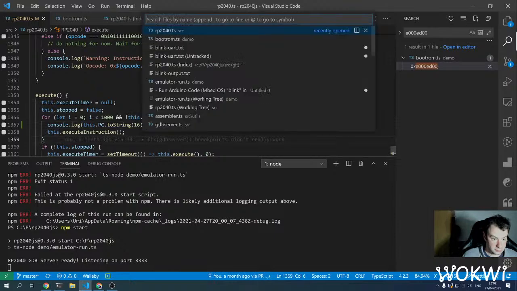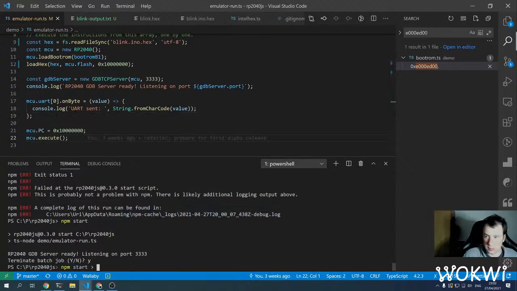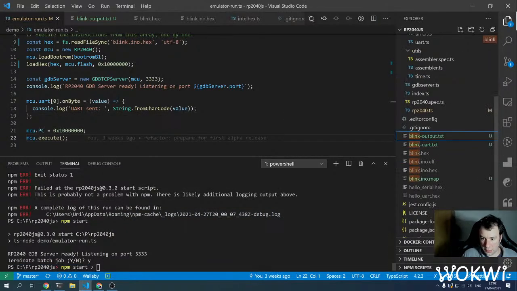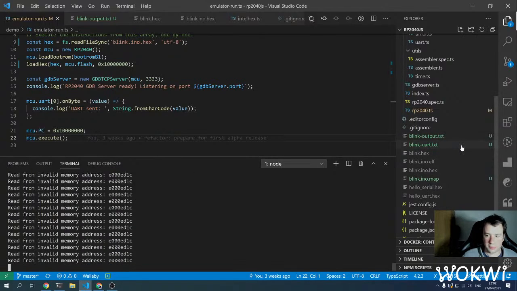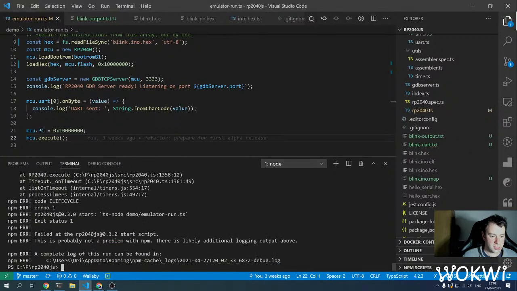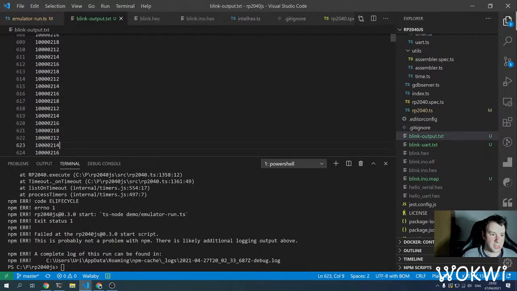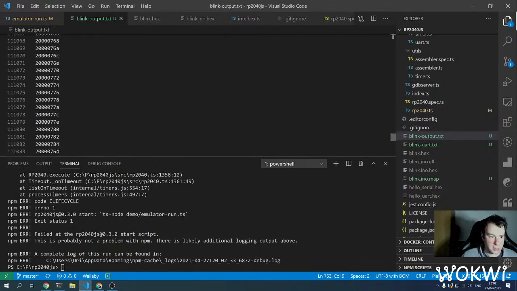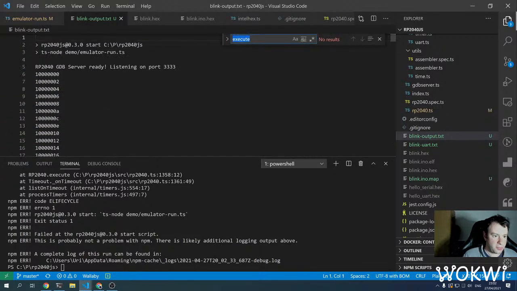Okay, emulator run, and yeah, link output text, and in a moment or so we should have a very detailed trace of every single instruction that executed in the emulation. Now we can go to the end, and yeah, we can try to find the first